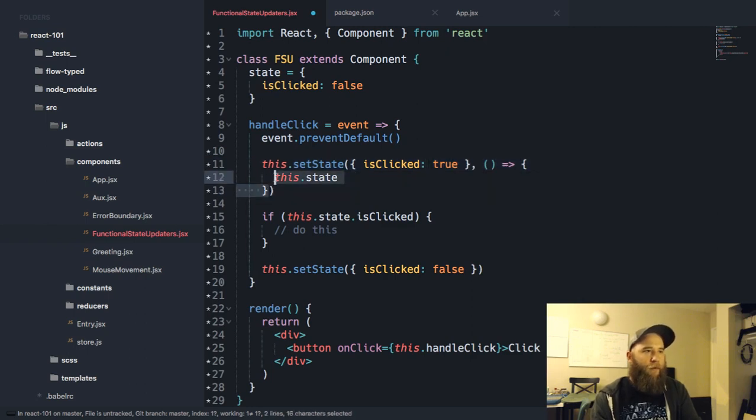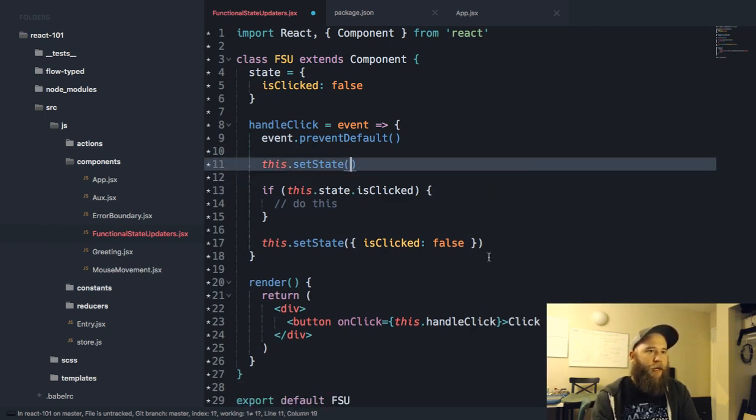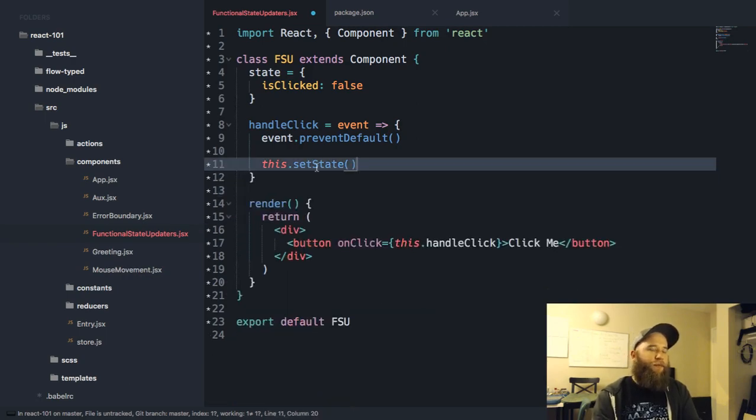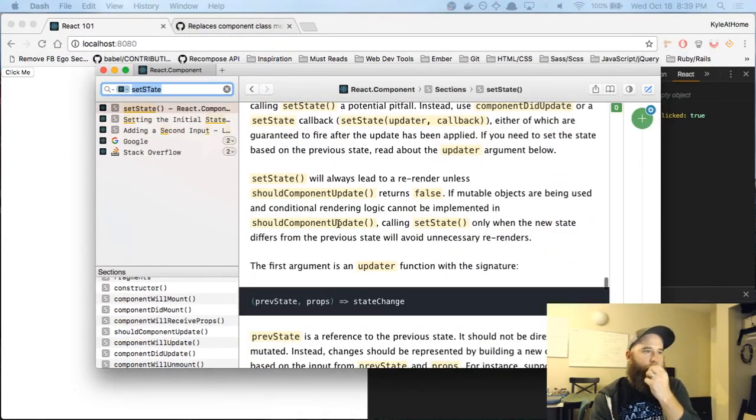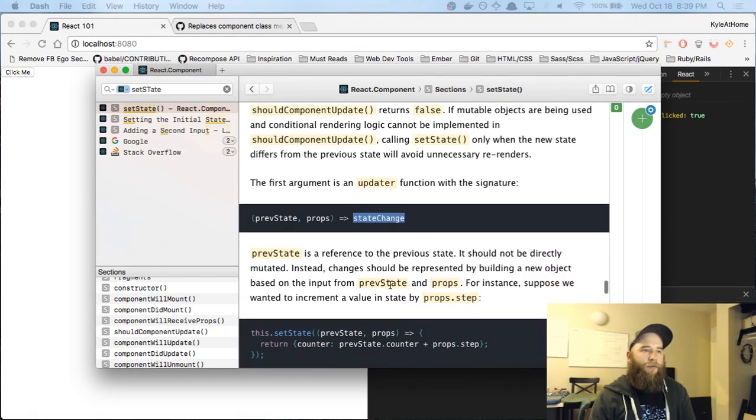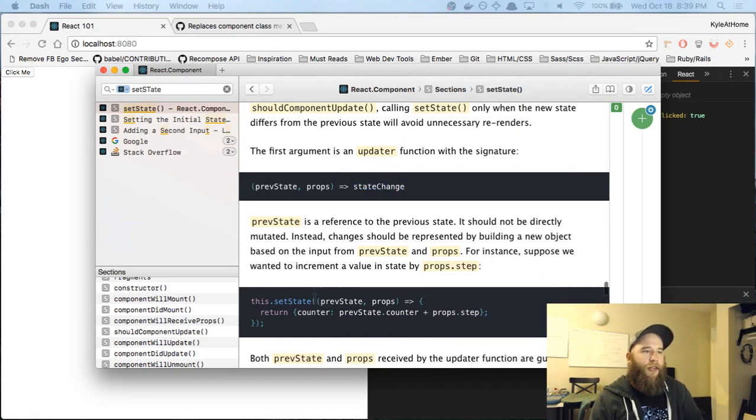Another way is if you were paying attention, and I called it the function signature, and this is what I want to get at, but it says down here, the first argument is an updater function with this signature, and it takes, this is what it looks like. We're going to give it the previous state, the current props, and we're going to return a state change object. So you could see here, they're using an updater function. Previous state and props, and they're returning an object. Just like we were setting an object, we're going to return an object instead. And we're going to make that object part of the next state.